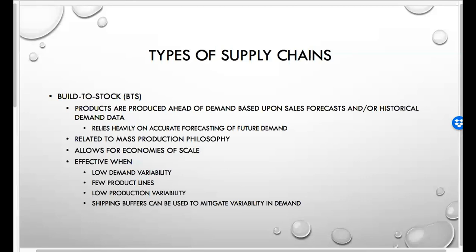Well, over time, like with cars, at first it was great. You know, Henry Ford was able to sell as many cars as he could, as fast as he can get them offline. But as competition began to appear, they had to change the mass production philosophy to begin to forecast demand. So it also allows for economies of scale, because now you can forecast, okay, what's my break-even point based upon fixed and variable costs?